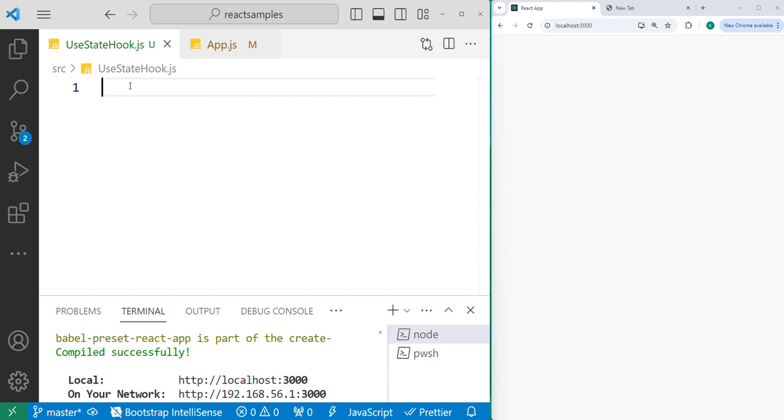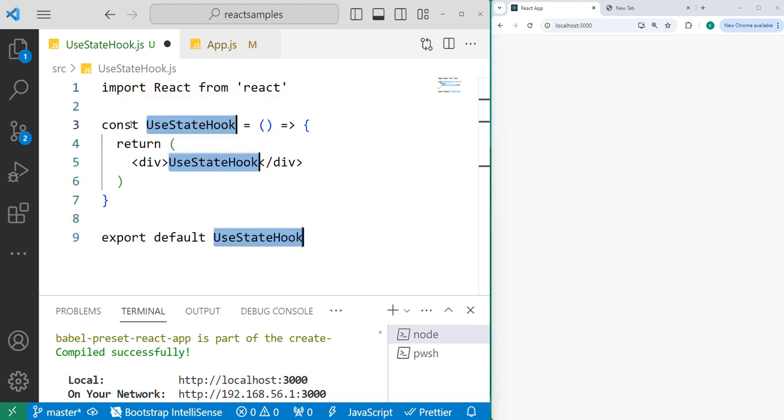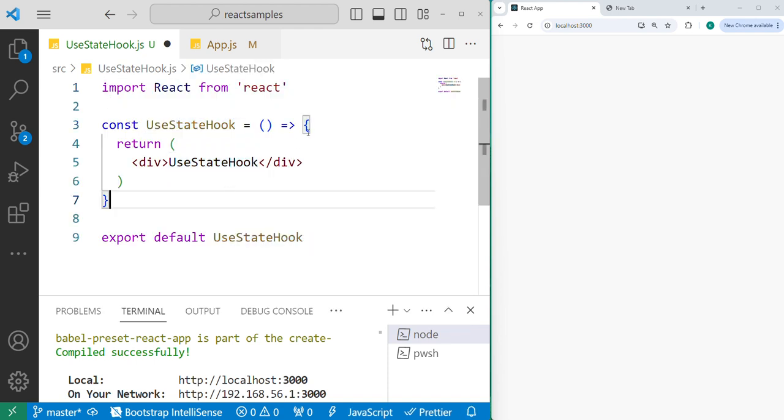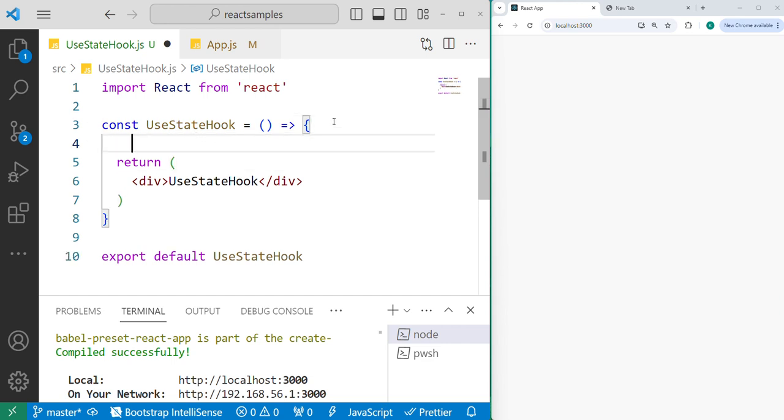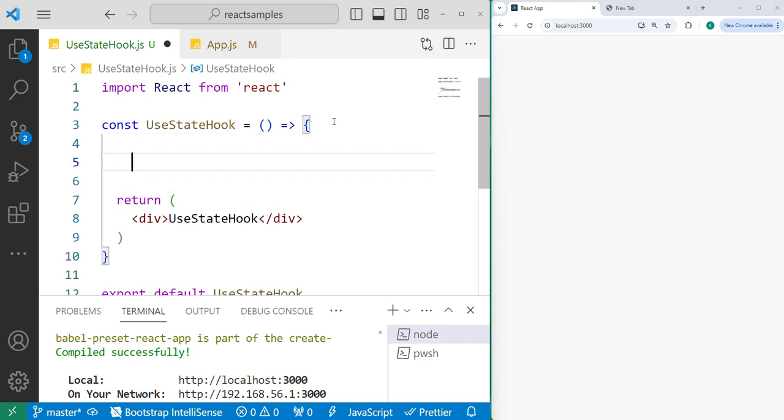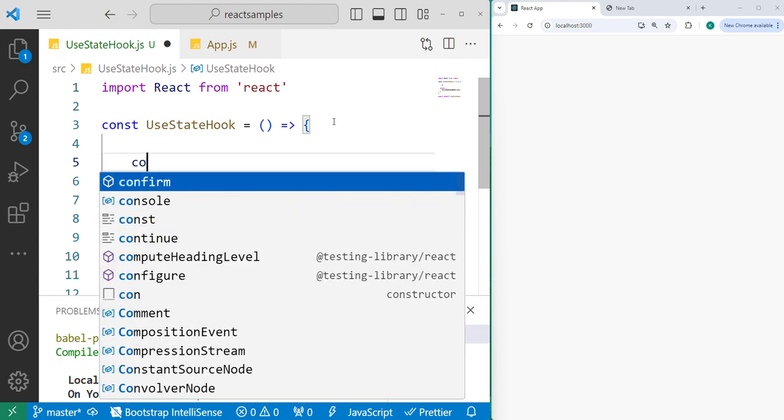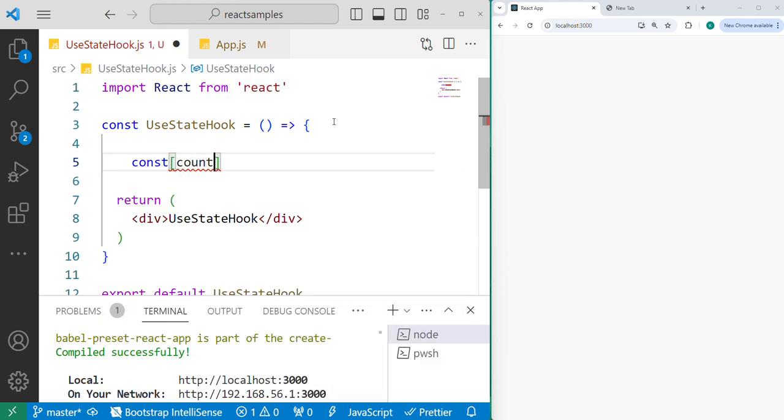I'll just say RFC. I created a functional component here, and now let's create a sample page. Whenever we click on the plus symbol, it automatically updates the counter. For that, I'll create a const count,